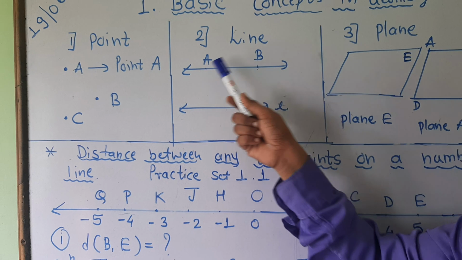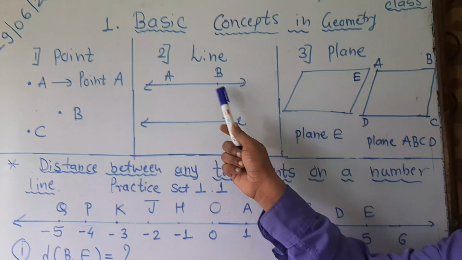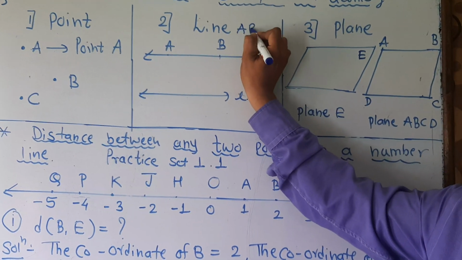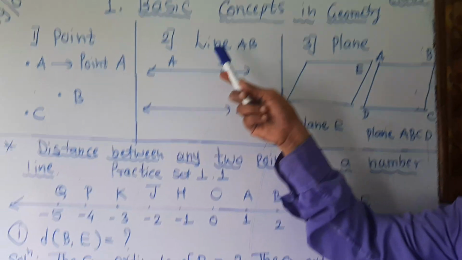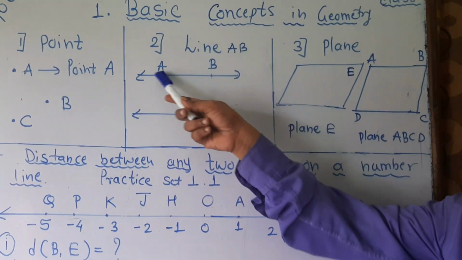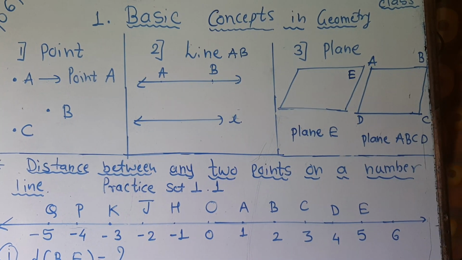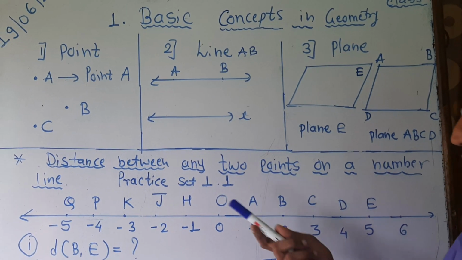One is point A, the second is point B. Then I have given the name of this line as line AB. So this is one way of naming a line, with capital letters. You can take any 2 points on the line and give the name to the line, that is, line AB. Now there is another way of naming a line,